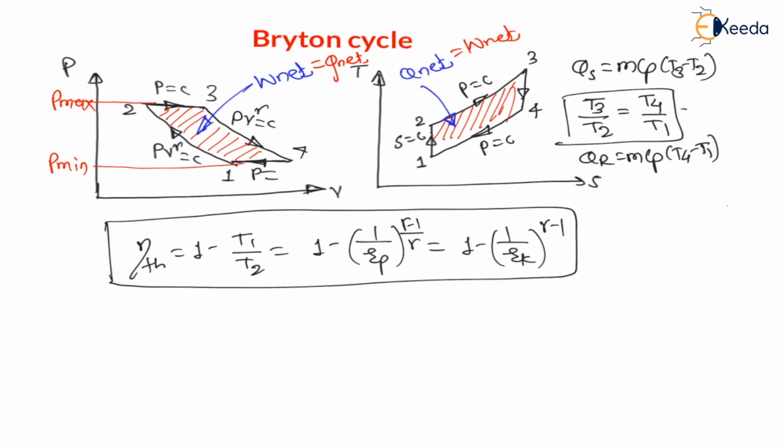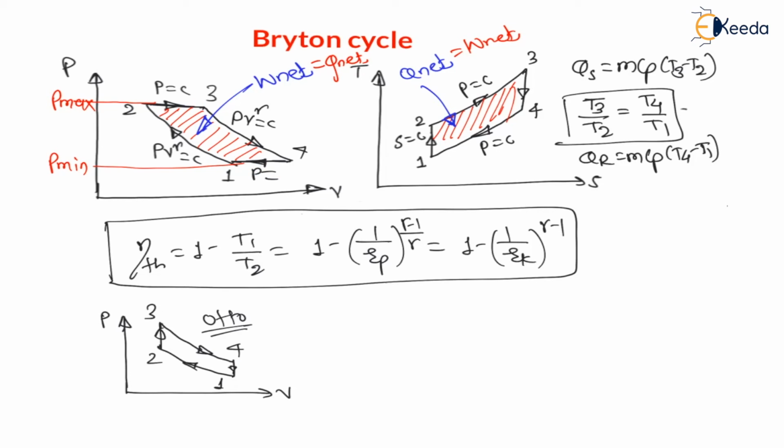Remember this efficiency formula. Now my dear students, in the IC engine topic we have seen the efficiency of the Otto cycle. For the Otto cycle, instead of 2 to 3, that is constant pressure heat supply, there is constant volume heat supply. And for the Otto cycle, the heat rejection is at constant volume. Means for the Otto cycle, heat supply is at constant volume and heat rejection is also at constant volume. Therefore, if I draw the pressure versus volume diagram, 1 to 2 is reversible adiabatic compression, 2 to 3 is constant volume heat supply, 3 to 4 is reversible adiabatic expansion, and 4 to 1 is constant volume heat rejection for the Otto cycle, right?